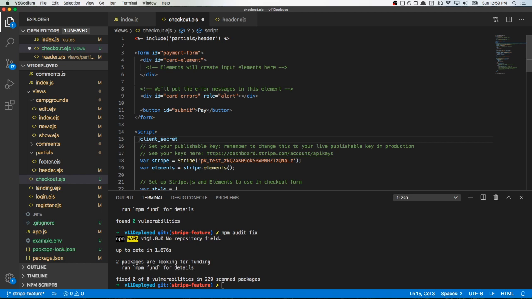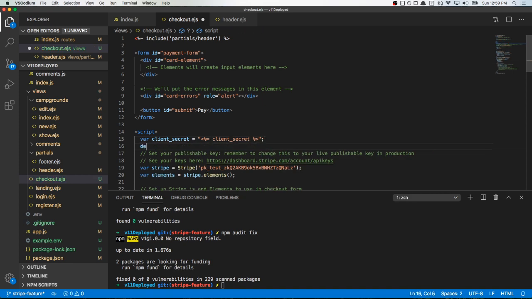Now normally to get access to an environment variable, we want to use something like this from EJS. Okay, but how do we get access to it inside of our script? It's basically the same thing here. We're going to say var client_secret is equal to. Now, depending on what this is, it may not output how we expect it to. We may have to wrap it in quotes to make sure that it ends up being a string. And so we'll find out here in a second. We'll go ahead and throw a debugger after it, and then we can open up our code and see if